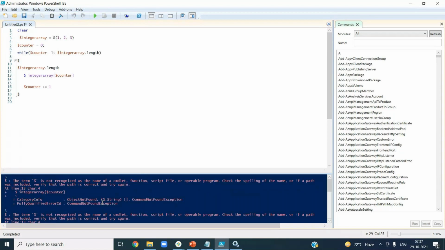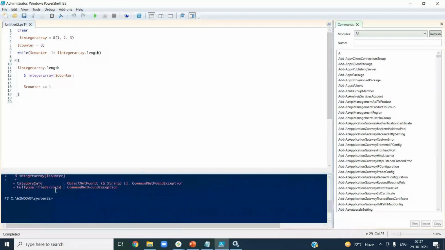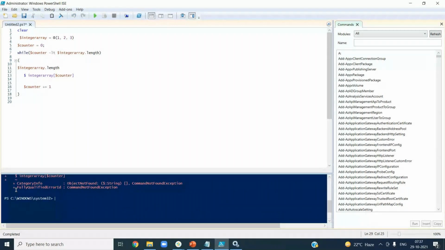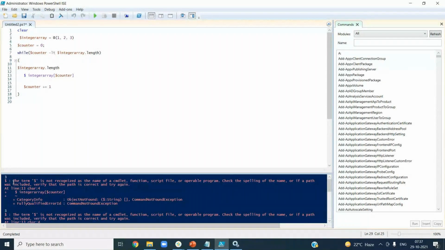I got some error. Dollar is not recognized. Okay, sorry, there is an issue here. See, it will give you the line numbers. If you read the data, right, where the error occurred, you can see here. Line 13, character 4, it is clearly telling me you have an error. A list or array is also a variable, right? There is a gap there. That's why you can go by the color coding schemes as well. It will tell you. Okay, let me now run this.